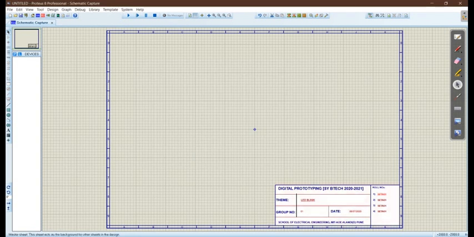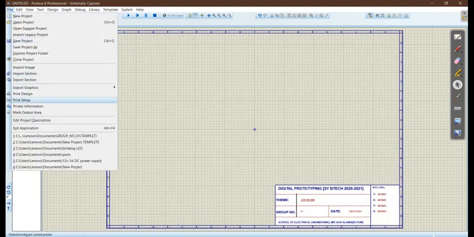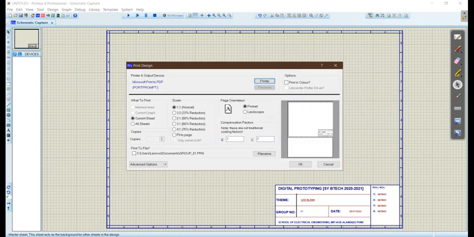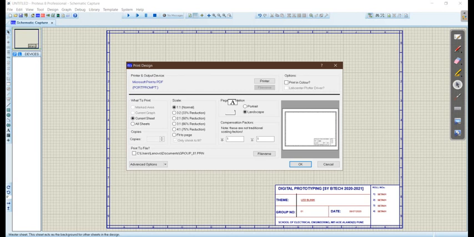After editing this field and after taking all your simulations over here, just go to print and print design. What you need to do here is print your design in landscape style. And here you have to check whether this square box is coming in the center or not. All your design should be in the center of the page. This page is nothing but an A4 size page, so it should look like this only.